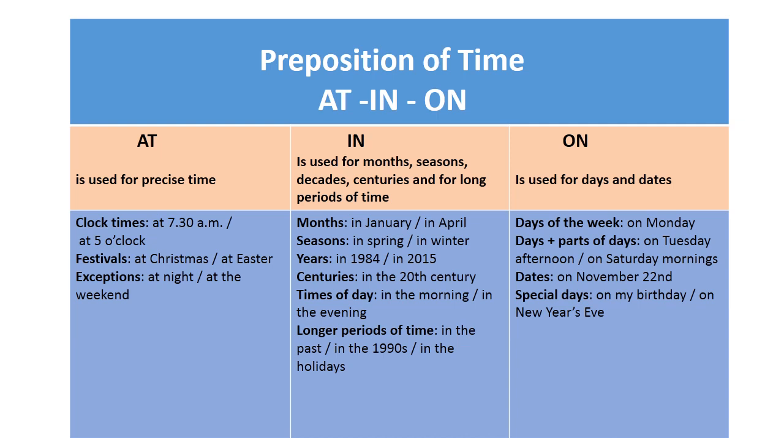Here are examples how in is used. It is used for months: in January, in April; to show seasons: in spring, in winter. In is also used for years: in 1984, in 2015. For centuries, in the 20th century. For times of day, in the morning, in the evening. And in is also used to show longer periods of time: in the past, in the 1990s and in the